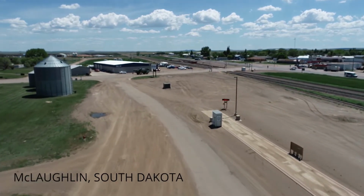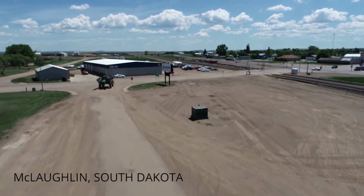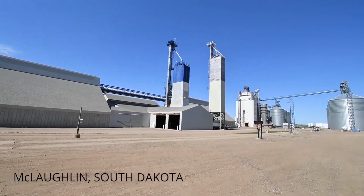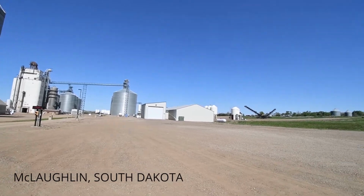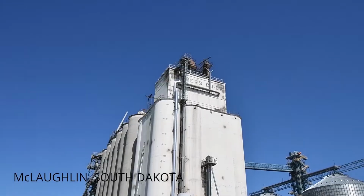We are a shuttle loading facility, and we load spring wheat, winter wheat, corn, and soybean shuttles. Our total bushel capacity is 4,966,500 bushels, with 4,403,000 bushels of that being steel. We also have a 232,000 bushel concrete house, along with a 333,000 bushel concrete annex that allows us some great